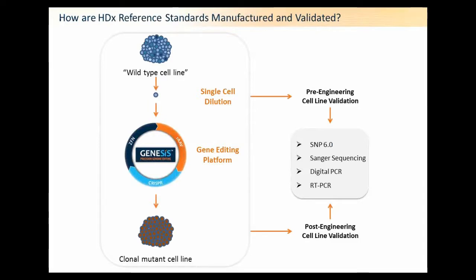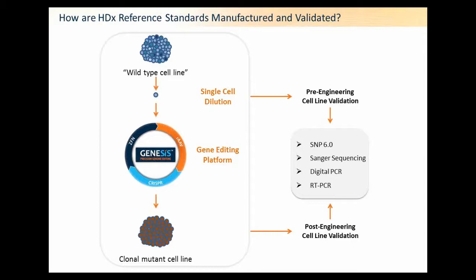So how do we actually manufacture our reference material? At Horizon, we have developed a library of over 550 genetically defined cell lines, harboring mutations that can be found in cancer patients. We also developed control cell lines from the same genetic background. These cell lines are extensively validated throughout a platform where our cell engineering team validates the cell line pre- and